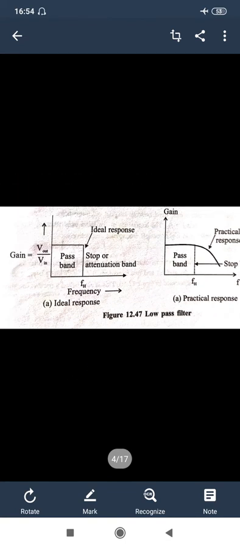Now I take up the topic of high pass filters. A high pass filter is a circuit designed to pass high frequencies and attenuate low frequencies, with the frequency at which this is decided being fl, the lower cutoff frequency. From 0 to fl it stops the frequencies, and above fl it passes the frequencies.